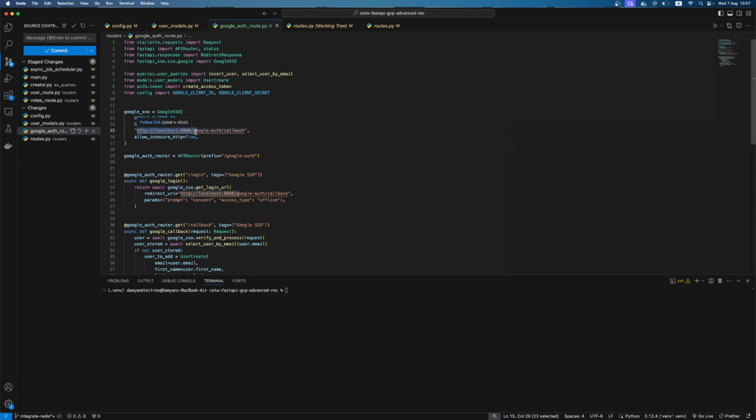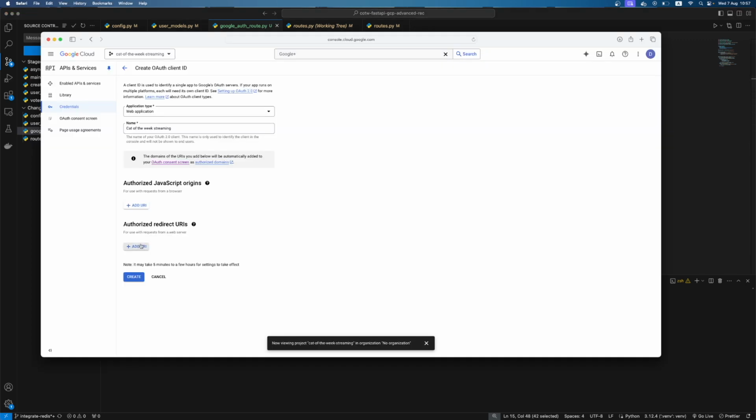I have to provide the route for the backend callback. I will explain in a moment what that is, but we just have to write this URI here, and I will create. Since I will be using localhost, this is my URI. Okay, let's create.